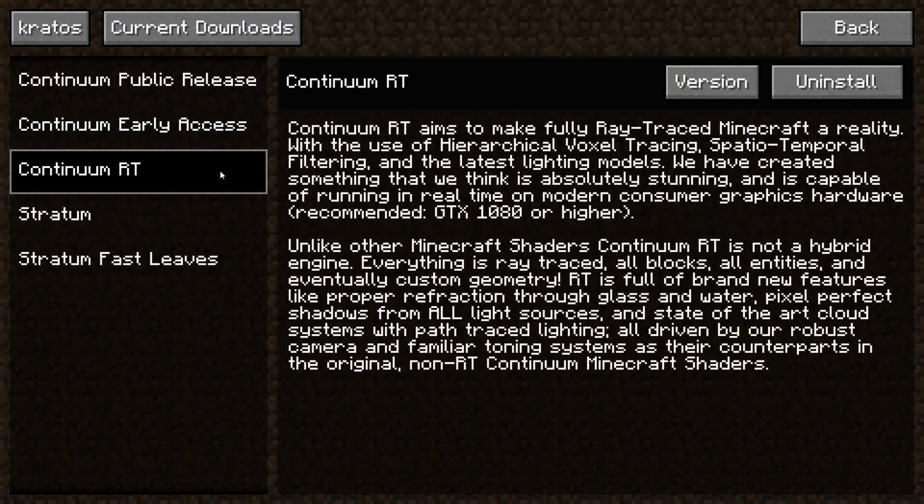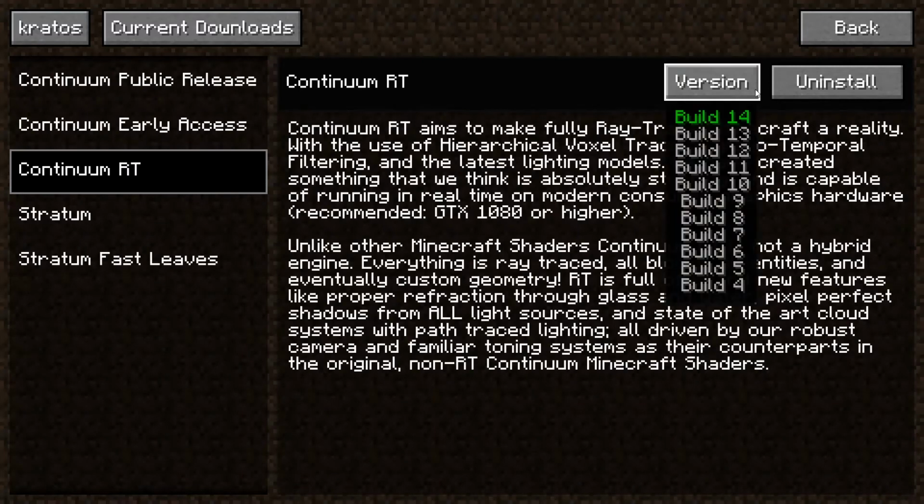Now, the Continuum RT. As you saw, you will download build 12, and ladies and gentlemen, do not get scared if you don't have the latest one, because you have to hop in here, go to Continuum RT and go to the version. Now, if you haven't logged on, instead of saying, for example, download, it will say purchase. So that's why you need to log on. I got scared when this happened to me, and I was like, oh no, what did I do? But yes, you do need to log in, and then you have access to each one of them,